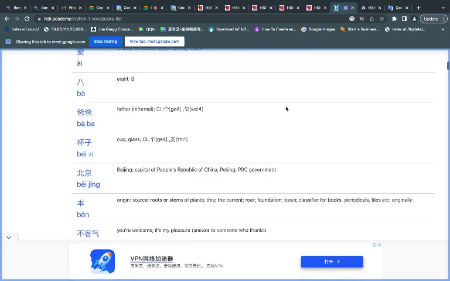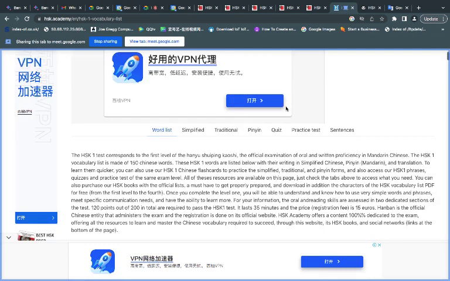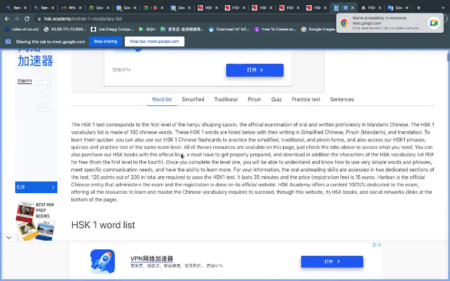I'm just gonna scroll up. You see here it says word list, right? So, okay, please confirm you can see my screen because it wasn't showing. Yeah, I can see. Awesome. Yeah, I can see it.